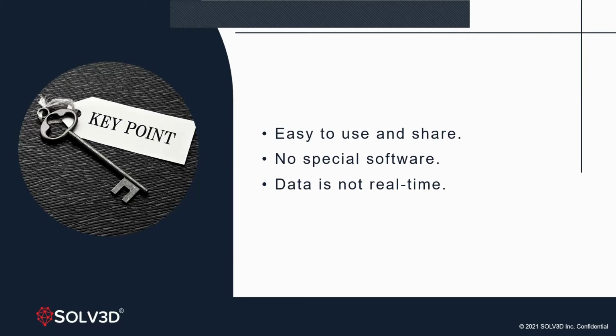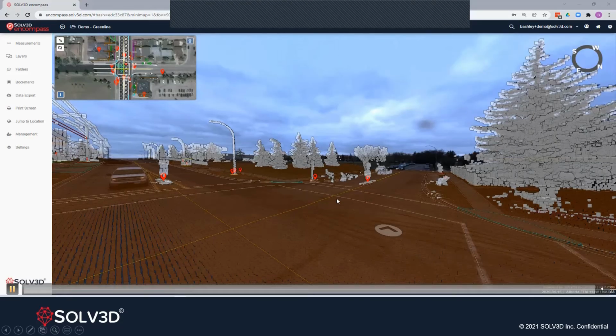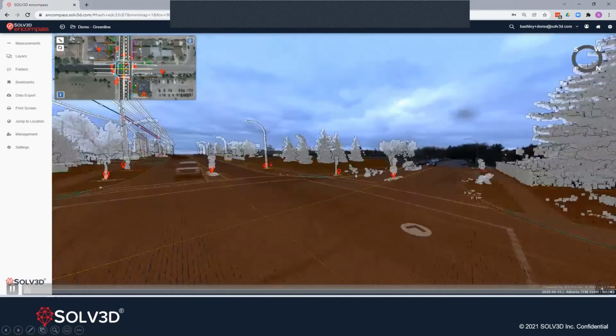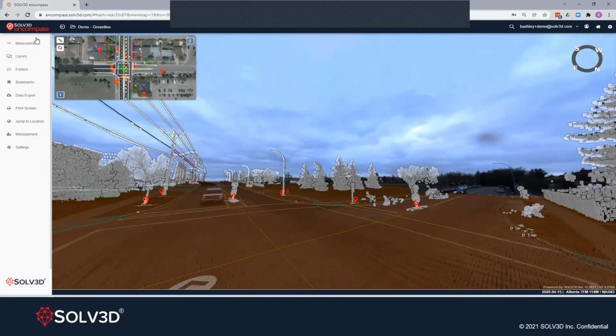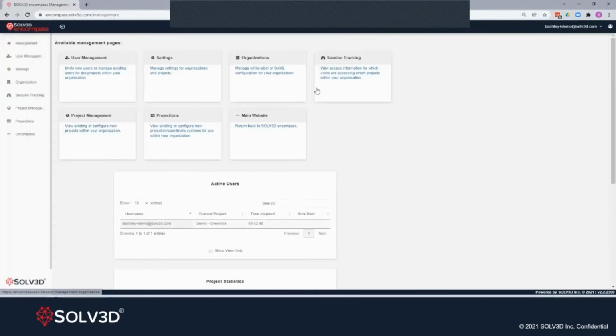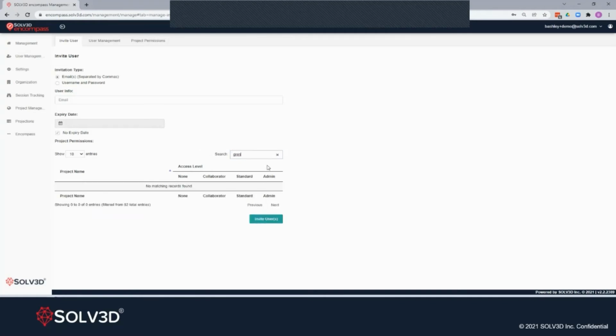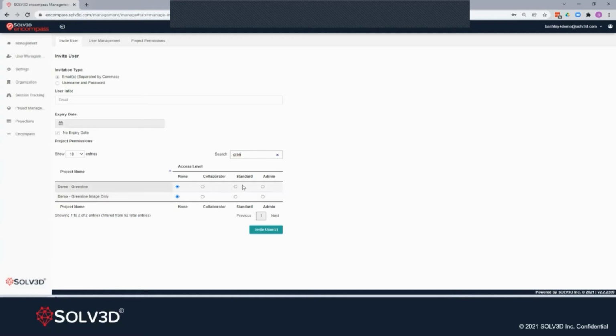Great point. All right, now I'm going to get into the Encompass side and speak to how different the cloud side is. So again, I'll bring up a demo here. This is the same data that we were just looking at, but now we're inside of Encompass. So this is on the web side. A few different options for sharing here. The first of which is inviting the client directly to the application. What we're doing here is allowing the end user to come into the application. They'll be sent an email that invites them directly to